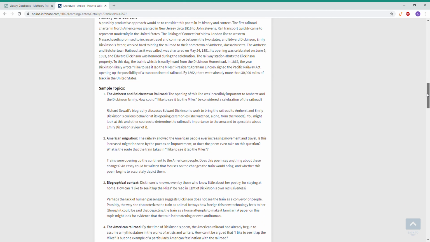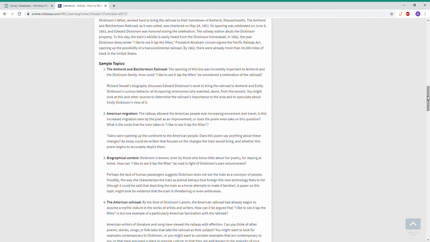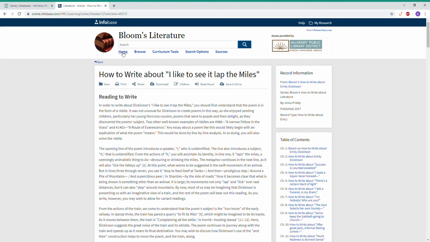So this is a really great way if you're struggling to understand a particular book or a particular poem. This can be a really great tool to show to your students. Going back to that home page,